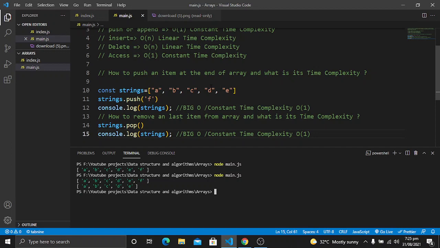For example, if there are 100,000 or 1 million items, our purpose is just to remove the last item. So we are not changing the indexes, or performing any operations on all of the different items apart from the last item. So the time complexity for this operation is going to be O of 1.